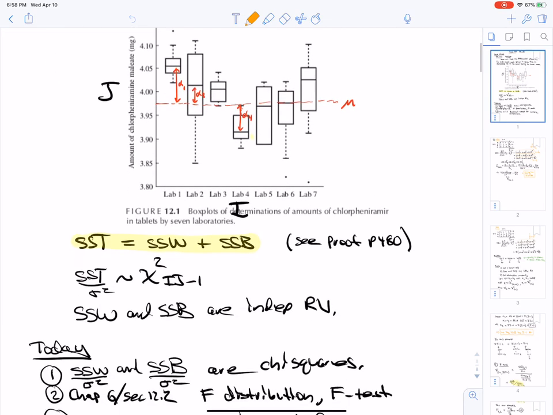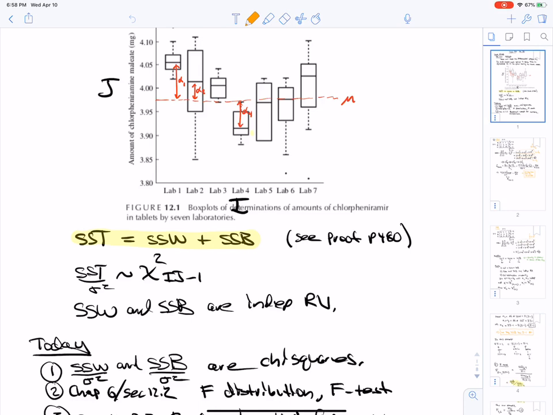We saw the equality SST is SSW plus SSB. The sum of squares total is the sum of squares within plus the sum of squares between. In the case of an example, the general proof is on page 480 in the book and is just an algebraic proof that I'm not going to go over. What I want to concentrate on is showing you why